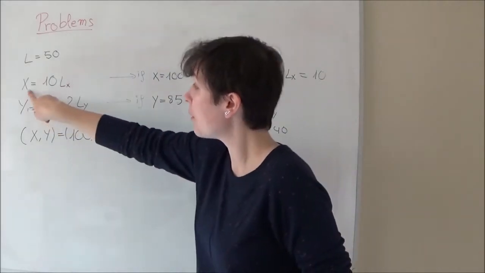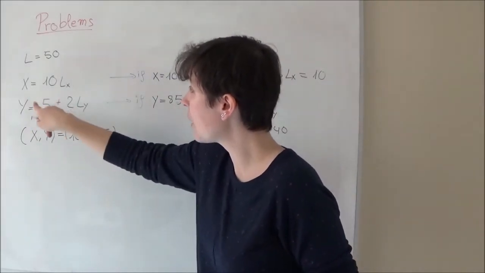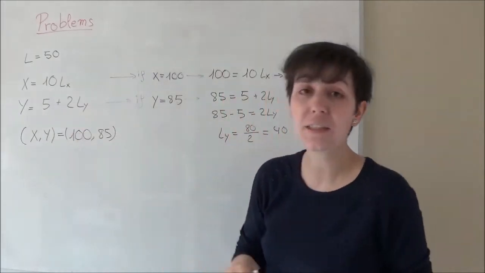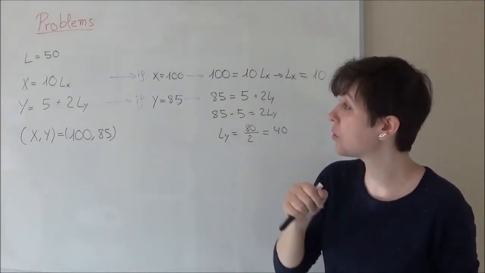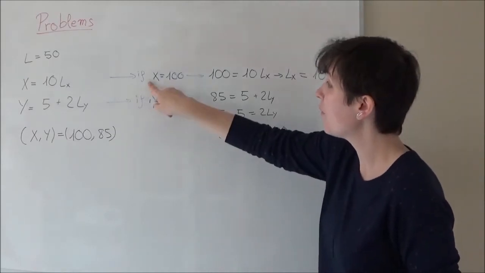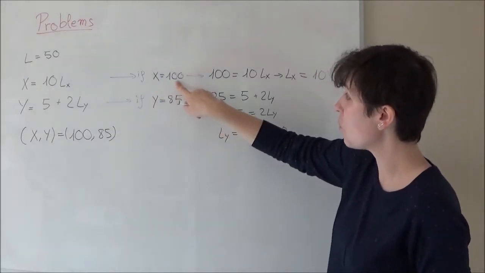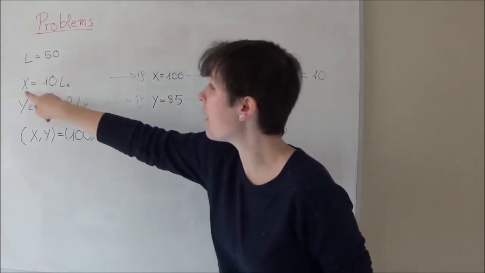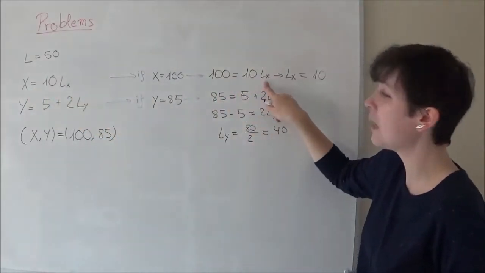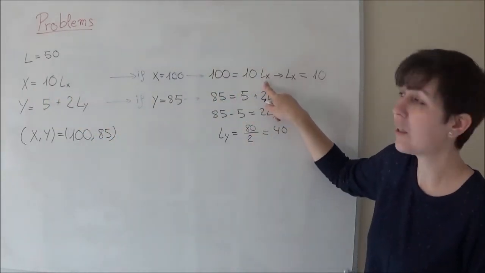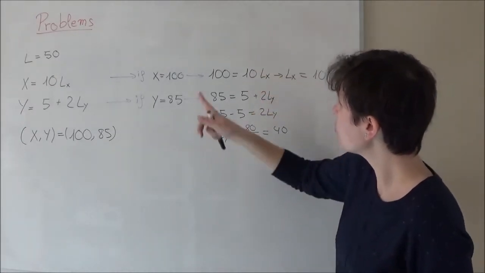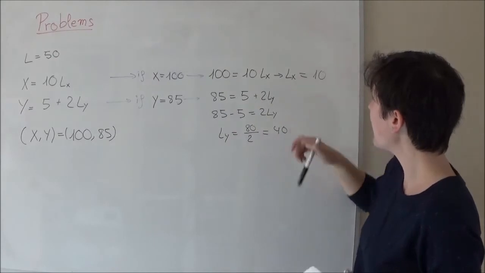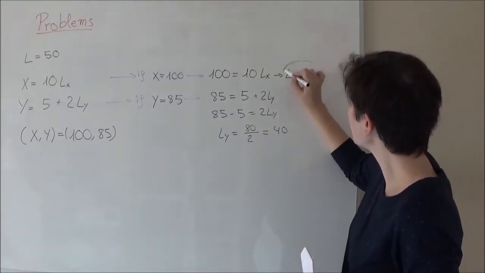Let's put the production in its case and see the number of workers that we need to produce those amounts. If the production of X is equal to 100, we have 100 equal to 10 times the labor used in that sector. So this is multiplying, it goes to the other side dividing,